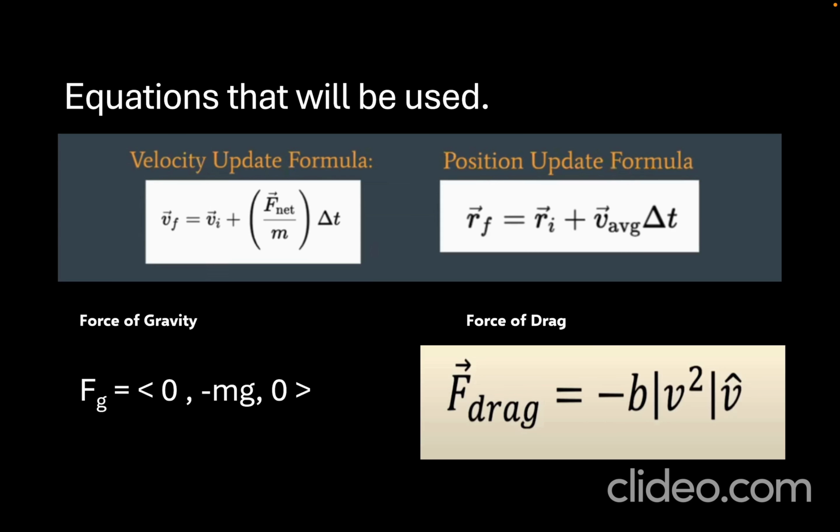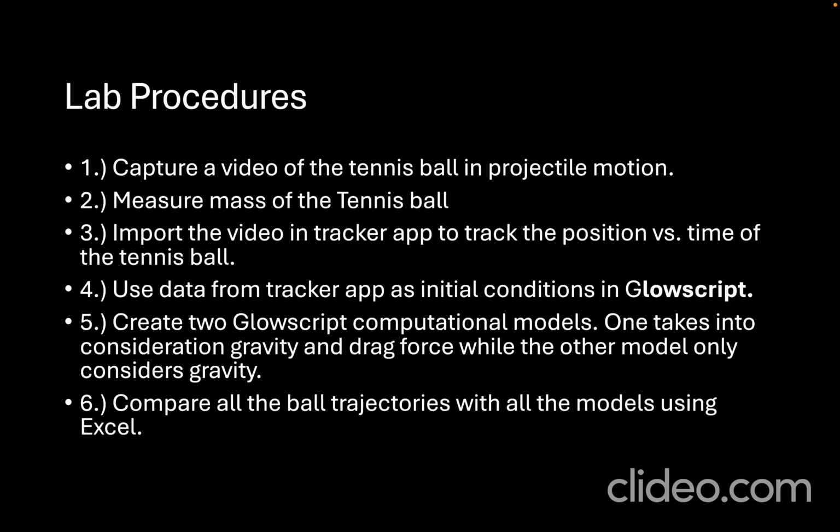These are all of the formulas we're going to be using in our computational model. Lab procedures: we're going to capture a video of the tennis ball in projectile motion, measure the mass of the tennis ball, and spoiler, the mass was 0.04 kilograms. We're going to import the video into Tracker, get the data from the Tracker app, and use it as the initial conditions in GlowScript